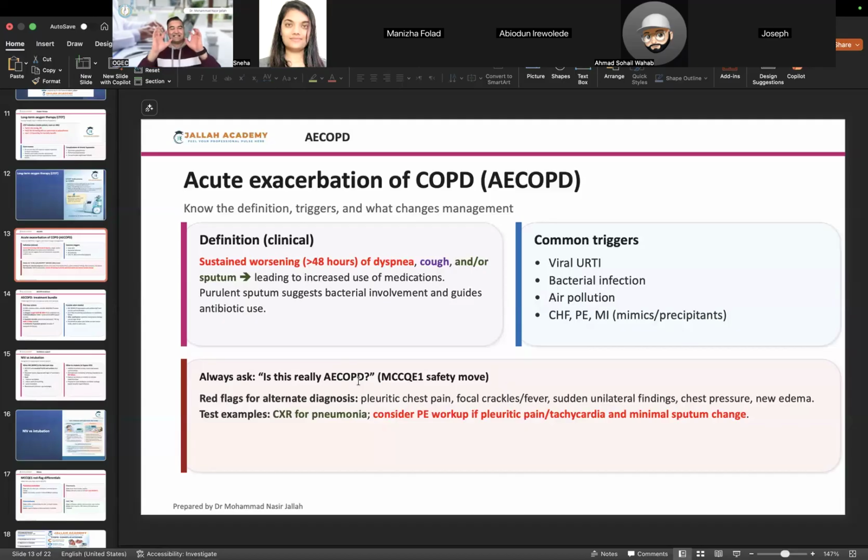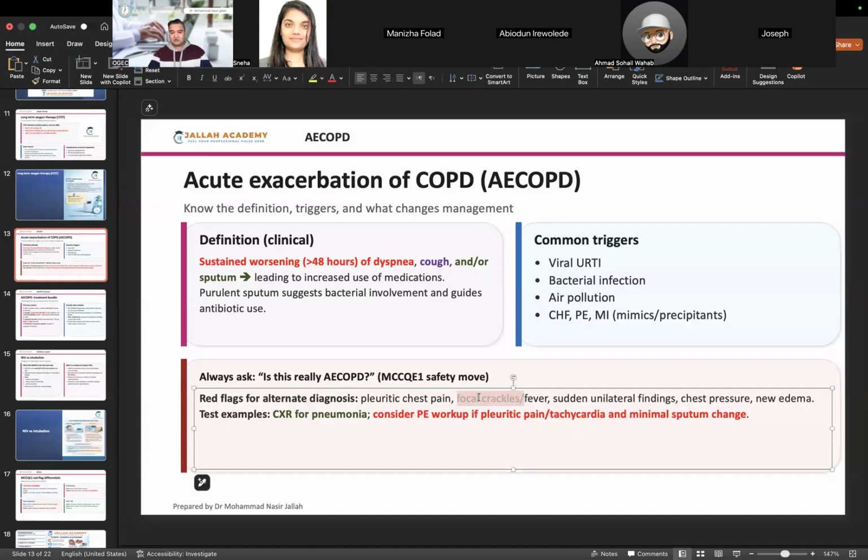right? See, COPD usually happens in the elderly, and pulmonary emboli also happens in the elderly. So if somebody who has COPD comes to the emergency room and he's getting worse, he has dyspnea, he has cough, we have to rule out the very deadly conditions like pulmonary emboli, like pneumonia. All these conditions are very dangerous, we have to rule them out, then it is exacerbation. I hope it makes sense. Okay. So red flags: pleuritic chest pain, focal crackles.